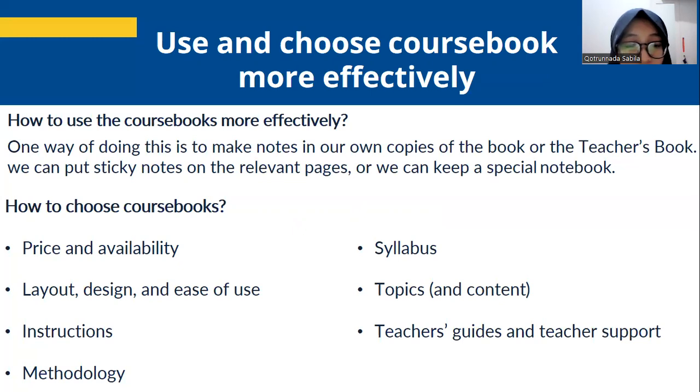The first is price and availability. It is important to know whether our students can afford the price of the materials and how many extras they will have to pay for. And then layout, design, and ease of use. What does the course book look like and how easy is it to find your way around it? And then next is instructions. This is one of the elements that make a course book easy to use. And then the last is